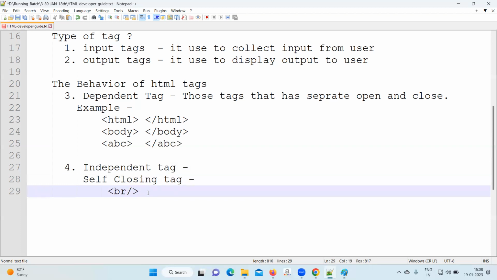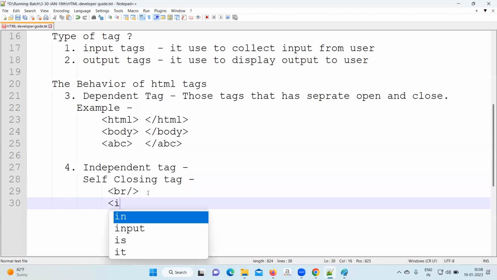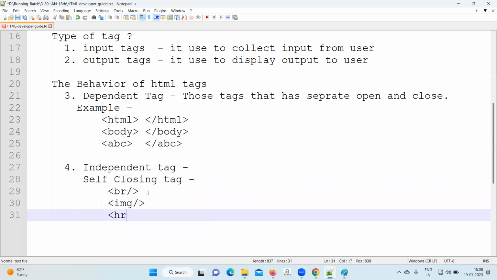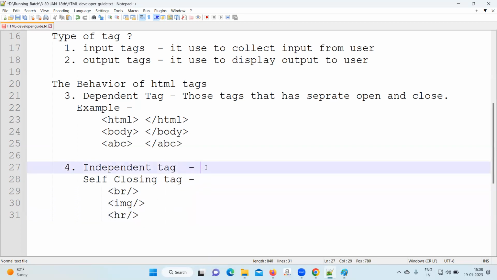Many tags we have. We'll write a few tags here. We will write call HR. These all are predefined tags. Okay. And write the definition. Those tags